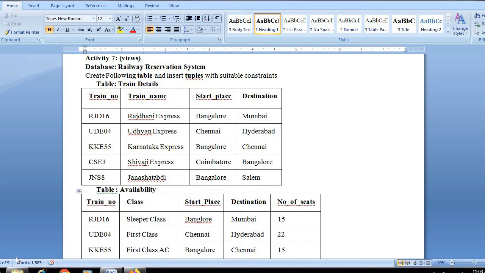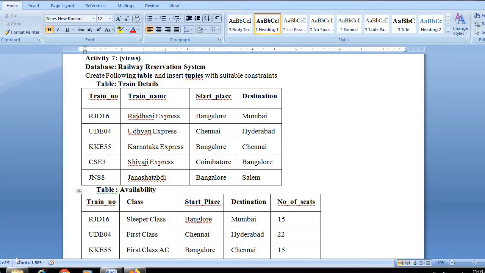So what a view does is, whatever attributes or information you are interested in will be shown in the view. To create a view, you can combine more than one table, or you can take the view from a single table also. That is also possible. I'll tell you one more time: a view is a virtual table. It also has rows and columns just like a table. Views can be created by using one table or more than one table, which will have the desired attributes.